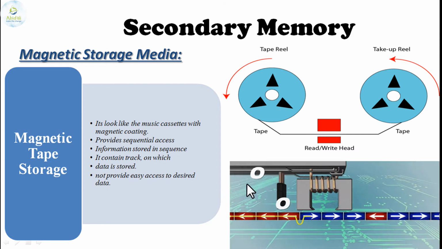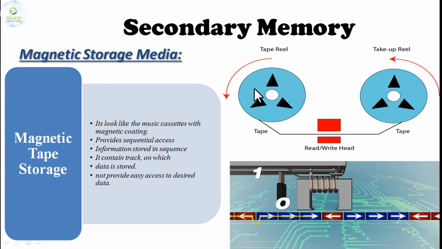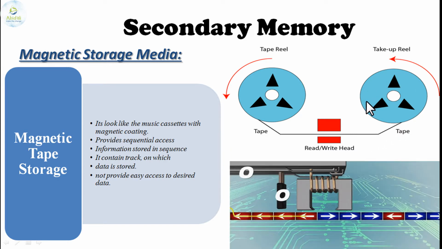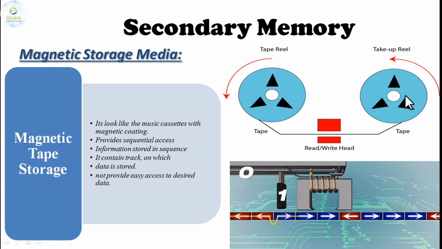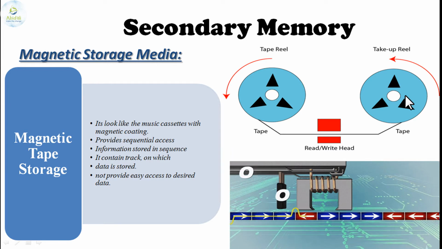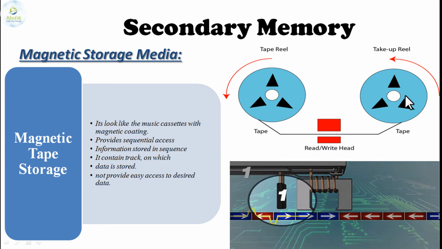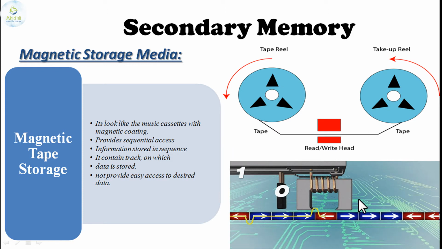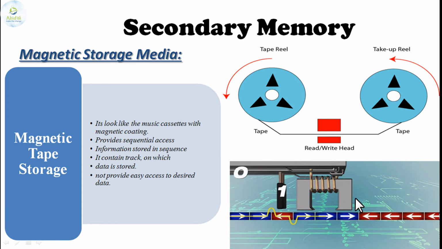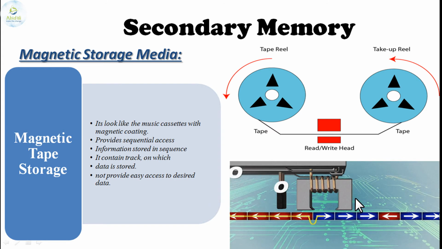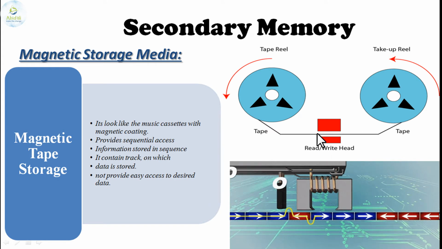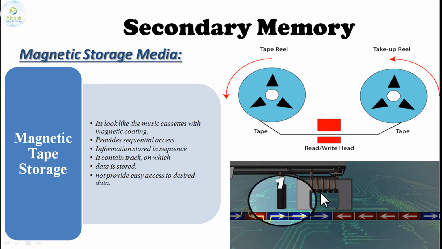Now this is the diagram that shows stereo cassettes moving from one head, where the reading and writing head is reading the information, and the other tape is rotating to get the tape at the end. Okay, so this is the image that is showing us how reading and writing will take place in the hard disk. This is related to stereo cassettes, this is related to the hard disk.